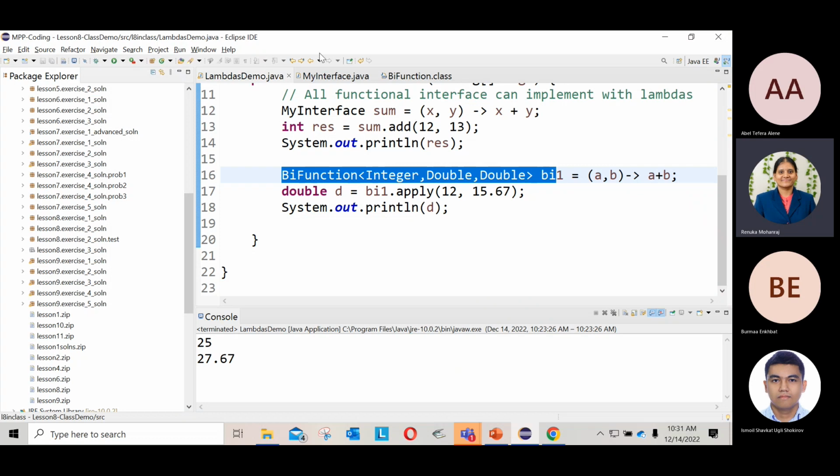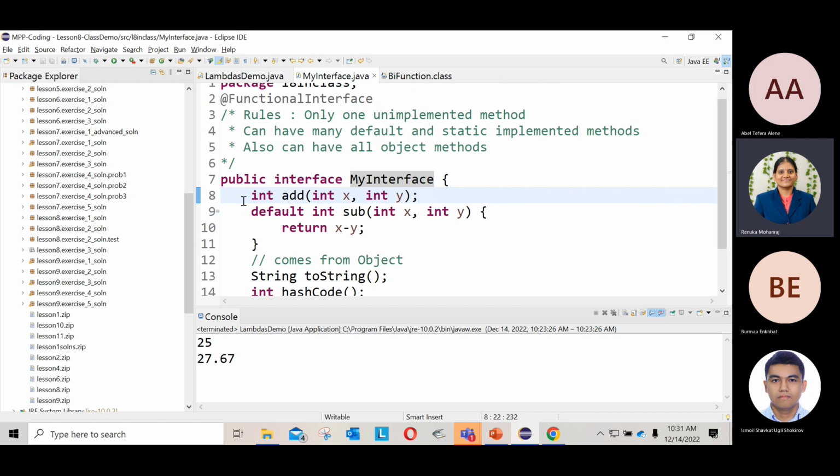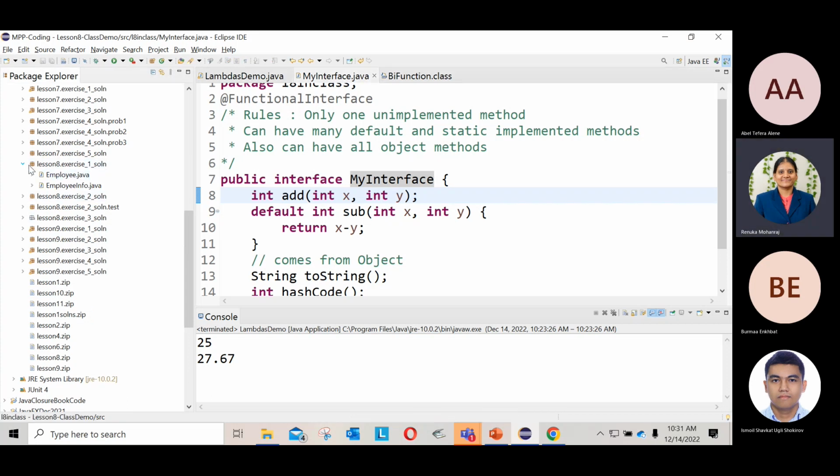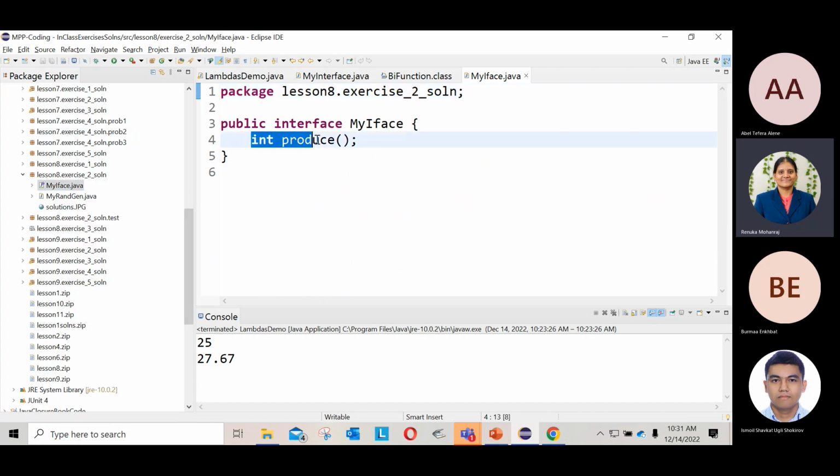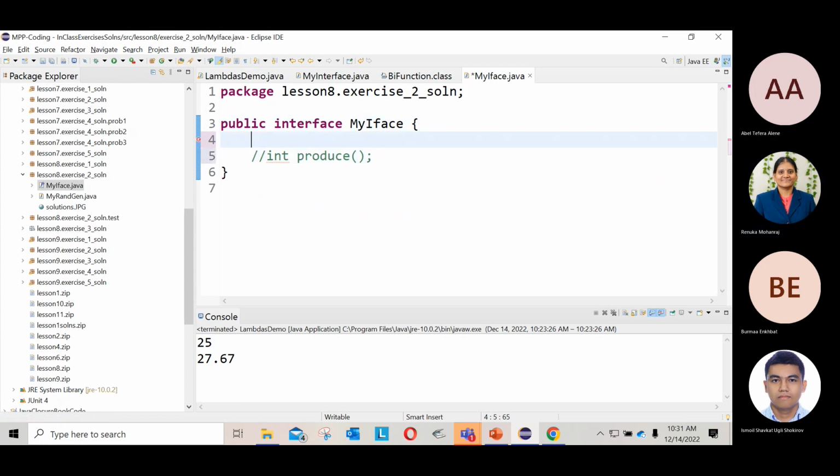Okay, let me show you, instead of discussion. So go over your interface. Let's go over here, exercise 8.2, 8.1. Oh, that's the number, 8.2. Exercise 8.2. Here is your interface. Let me put a comment line here. It will throw some errors. Okay. If I put string to string, is it a functional interface?